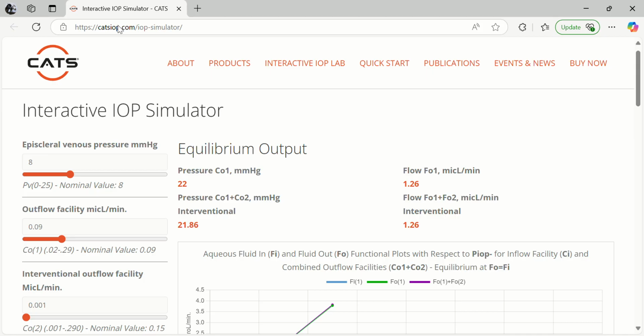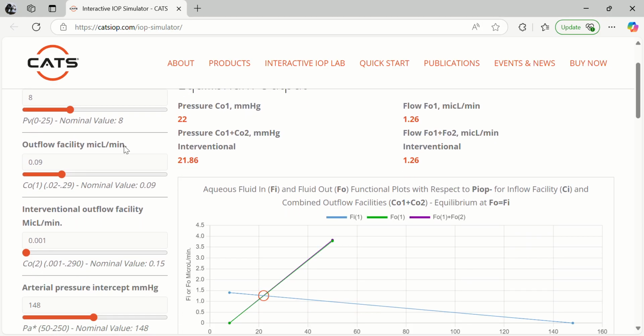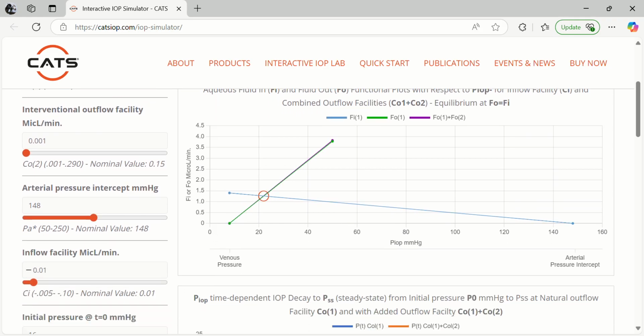interactive simulator. If you look at this, we have on the left side inputs that we can change and see how they affect the output. One is episcleral venous pressure, which can be altered. We have outflow facility, which can be altered. We can also have interventional outflow facilities. So these are things such as surgical interventions and pharmaceutical interventions. We can also change our arteriolar pressure. There are certain drugs and disease processes that can affect the inflow facility as well, so we can also examine